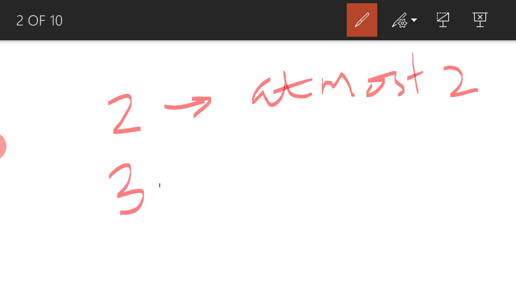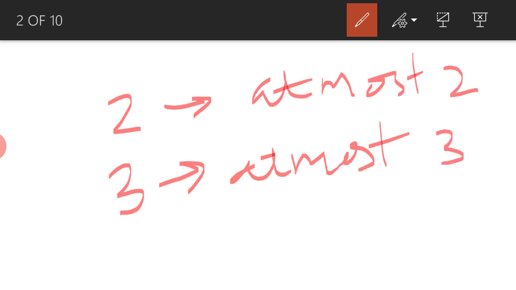Similarly, if you have a cubic polynomial, it can have at most 3. What we are saying is, it may have at most 3, meaning it can have 0, it can have 1, it can have 2, it can have 3 linear polynomials as factors, not more than that.